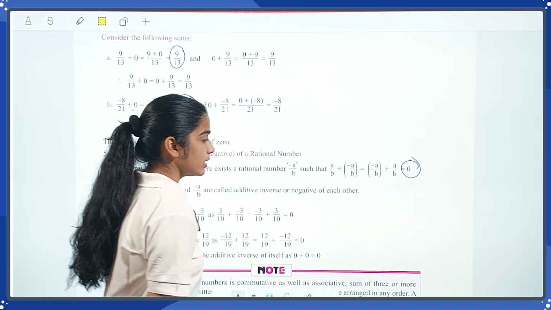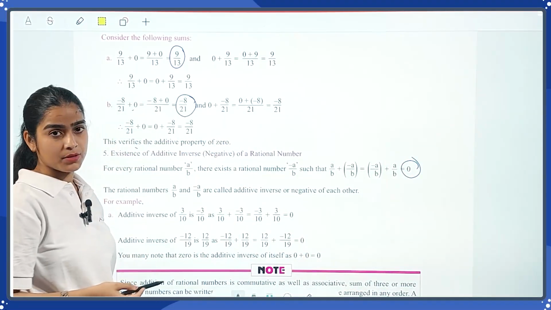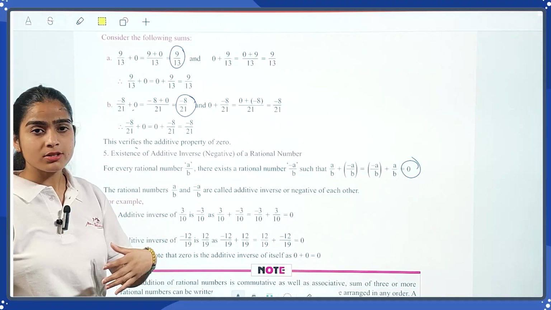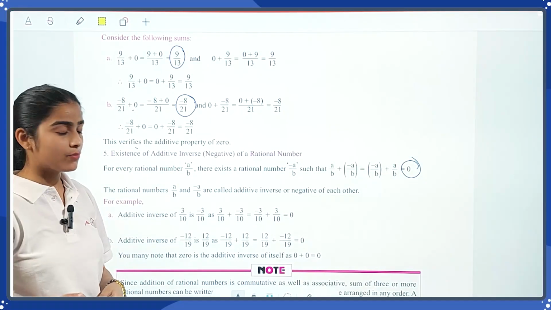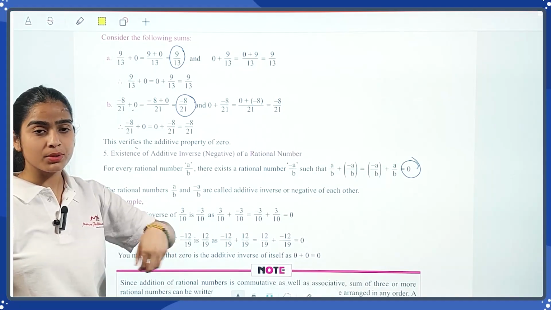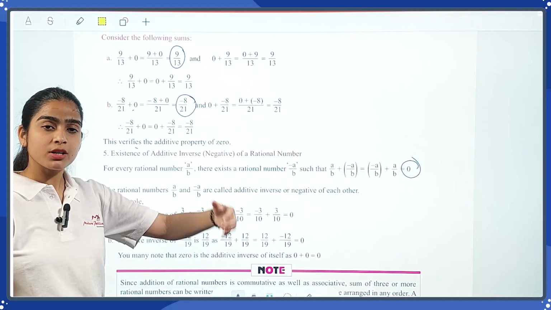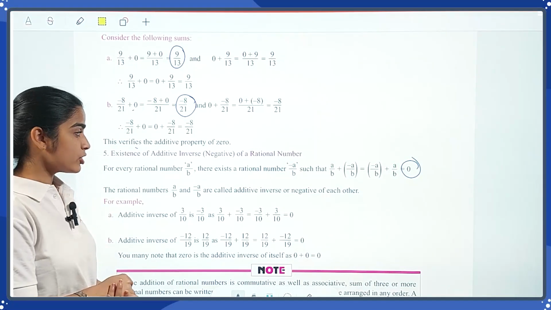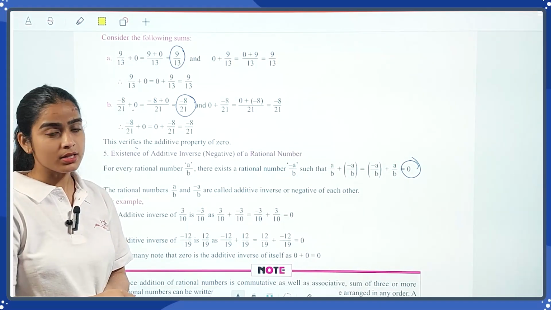We have already learned this concept in our previous exercise. What we have is the additive inverse, and we also said multiplicative inverse. So we have a positive rational number, and the opposite of a positive rational number is a negative rational number, and when we apply the addition process there, we get 0.